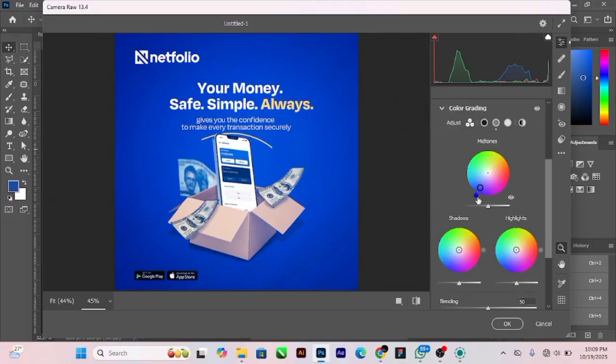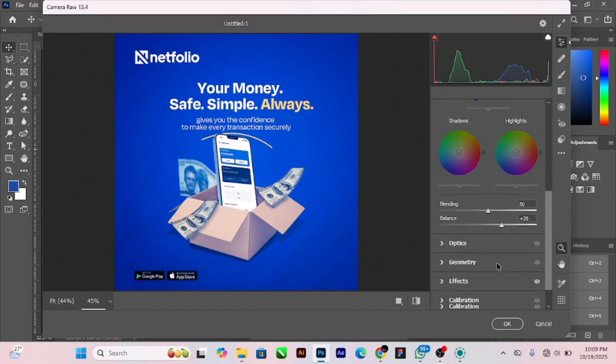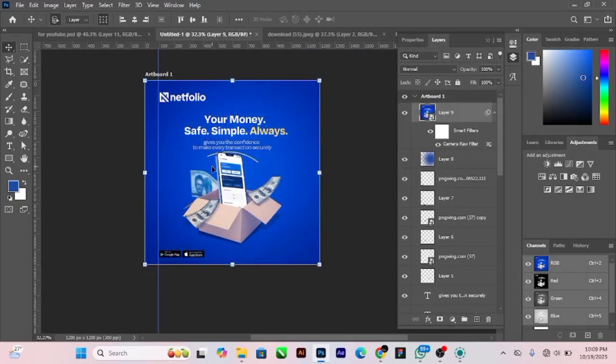My color grading, I don't know if you can see what I did here. This is what I did in the color grading. Then I always love to add grain to my design. I use 15. So this is it,